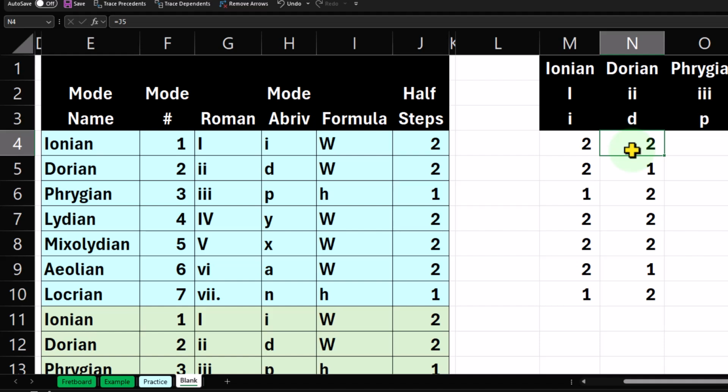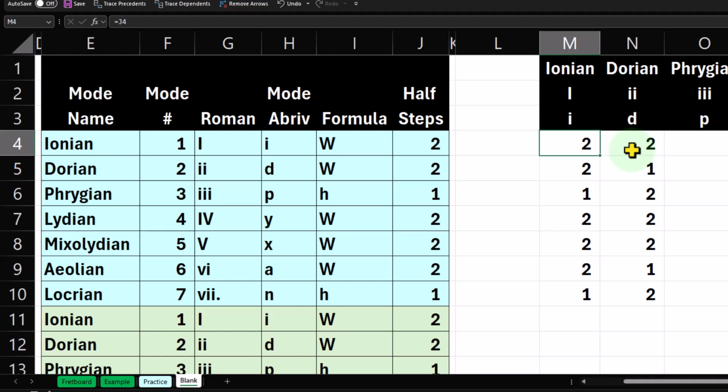You don't want to put it in your mind as though they're completely distinct, like Dorian has a totally different formula. No, you want to see in your mind one formula that's going around in a circle. That's the easiest way to visualize it. And then if you repeat it until you understand it in and out, you're just going to repeat the formula that you've already memorized, 2, 2, 1, 2, 2, 2, 1, and say, well, I'm on the second